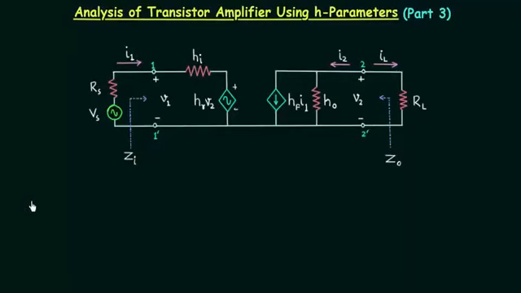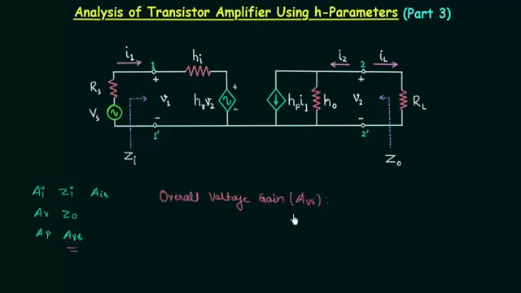In the last two lectures, we have obtained the expressions of current gain, voltage gain, power gain, input impedance, and the output impedance. In this lecture, we will find out the overall voltage gain and overall current gain. We will start with overall voltage gain. Overall voltage gain is represented by A subscript Vs, and overall voltage gain is defined as the ratio